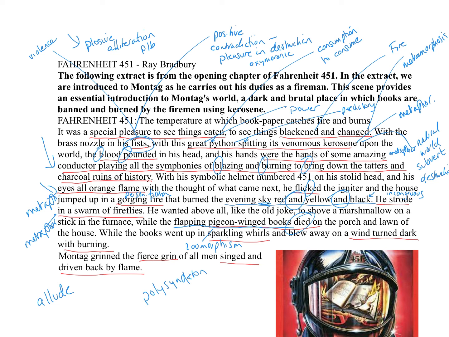This is an image of destruction and death. Sparkling whirls seem kind of, again, beautiful in a way that doesn't fit, that kind of distorts your perception of what's good and what's bad. And a wind turned dark with burning. You can start to link this evening sky, this effect on the natural world here, this distortion is all coming